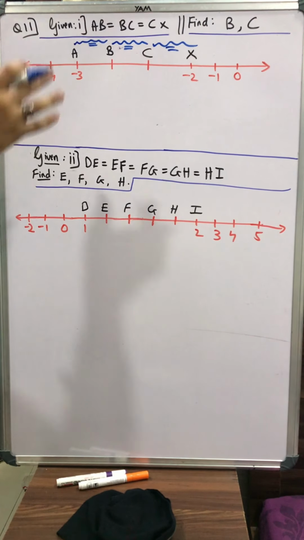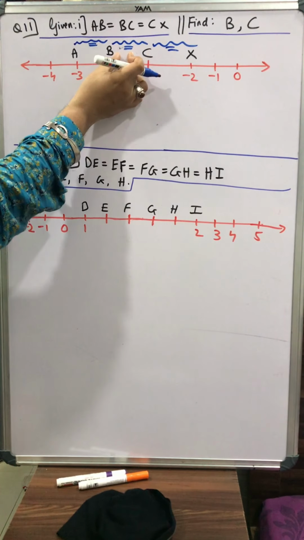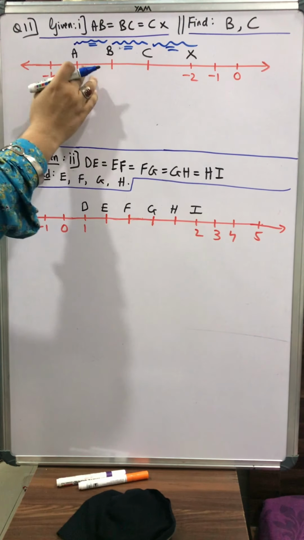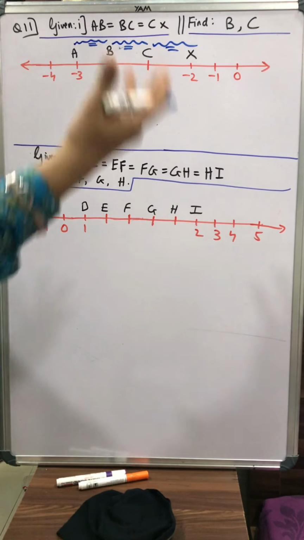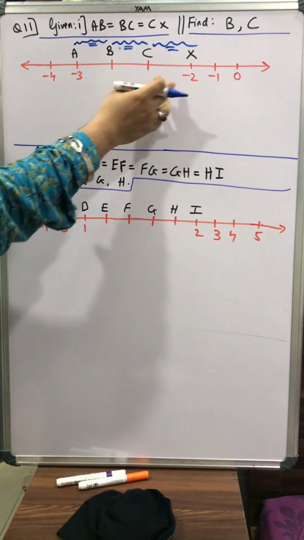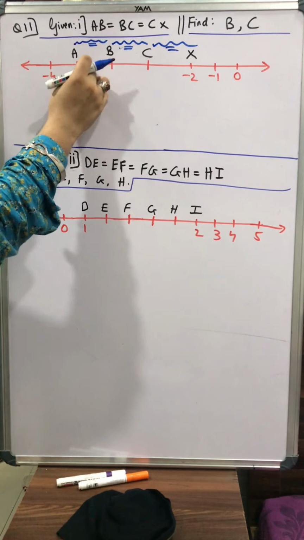Once again, students, whatever is on the board, they have given to us that this part is equal to this part is equal to this part. Can I say the 3 parts of the cake are equal? How come? I am asking you. Just backtrack your mind. How come you got this piece of cake which starts from -2 and ends at -3? How come you got 3 equal parts?